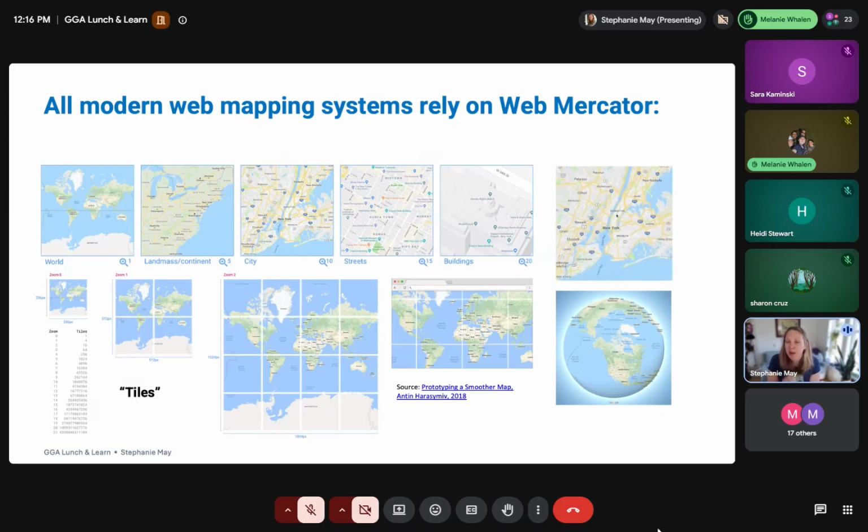So zooming and panning and all those behaviors we associate with navigating a modern web map are directly a result of the fact that we're using Web Mercator. Although we're no longer using that initial version that Google put out, every modern web map, everyone, including Esri, is using some version of Web Mercator. That's what allows for that nice panning and zooming, that infinite transition in scale from the world all the way down to the scale of a building. That's what's enabling all of that.